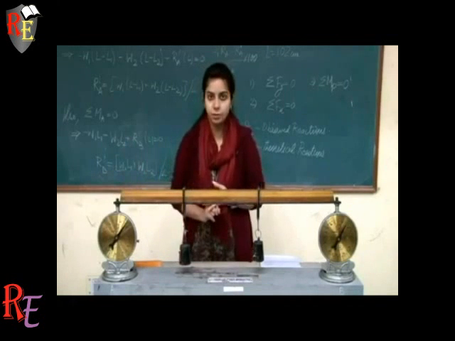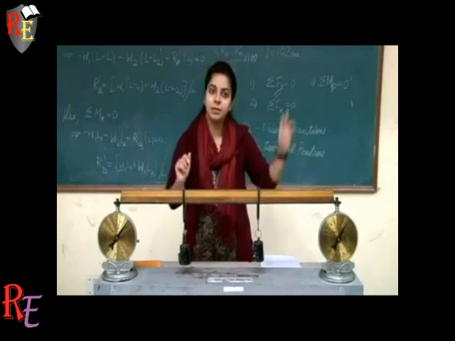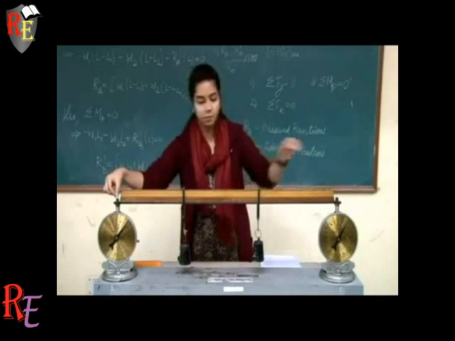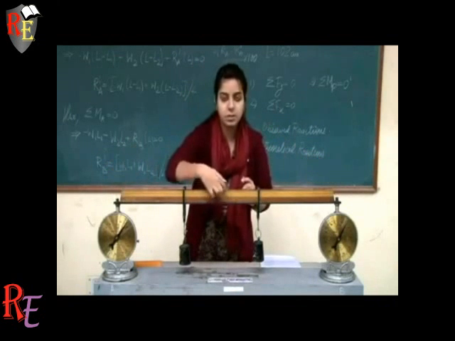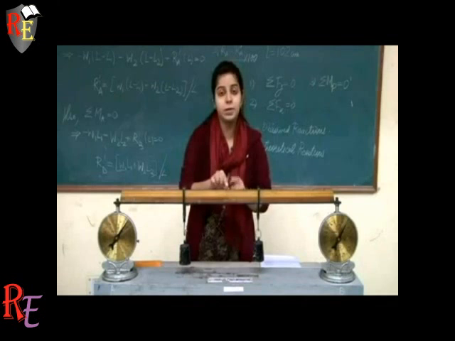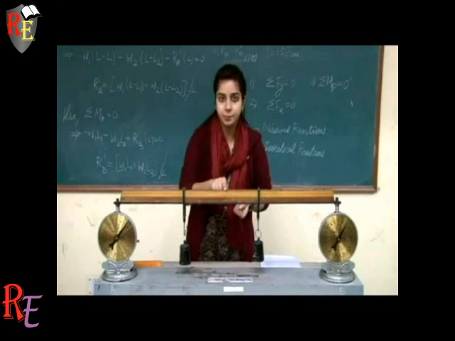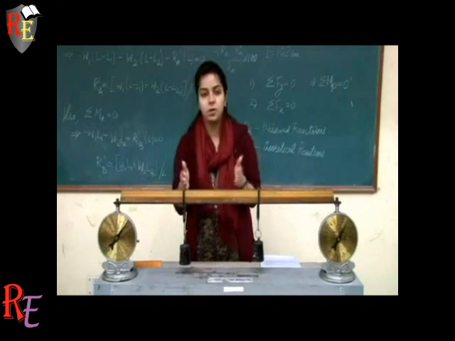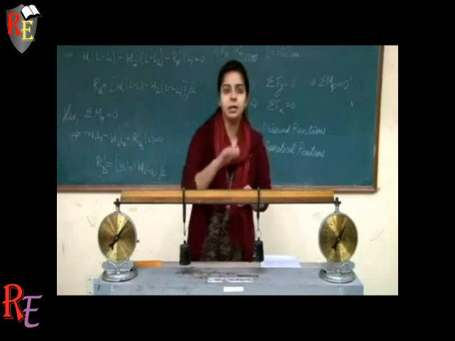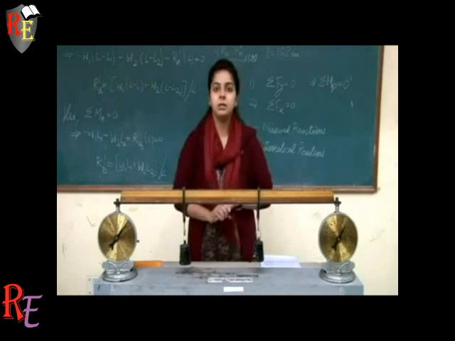Another thing that you need to know is, although this beam is 102 centimeters long from center of pin to pin, the zero of this graduated beam is at the center. So while making the calculations for L1 and L2, you read the scale accordingly and do not make any errors.